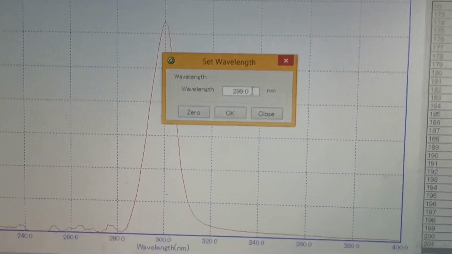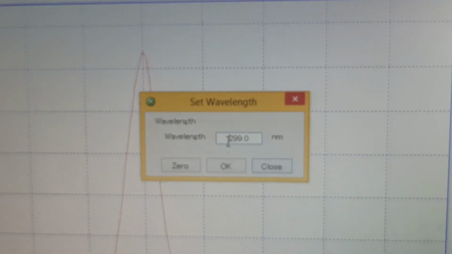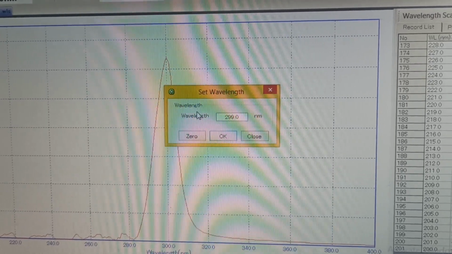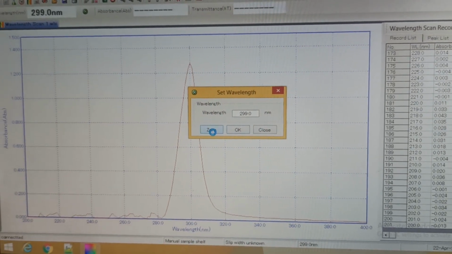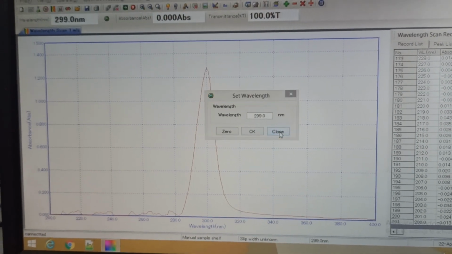In our case the lambda max is 299, so set the wavelength 299 and click OK. Then click 0, then close it.